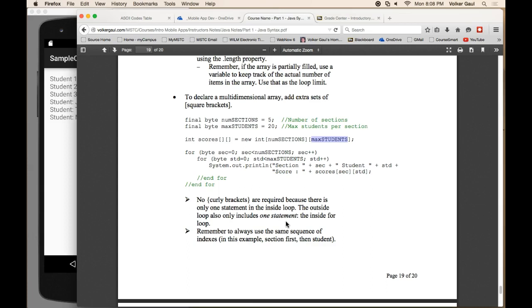If I wanted to get to Sherry, I would say students square bracket, row 2, second set of square brackets, student 2. So it would look something like this: students square brackets 2, square brackets 2. And what if I wanted to print the whole room? Use a for loop. For each row,